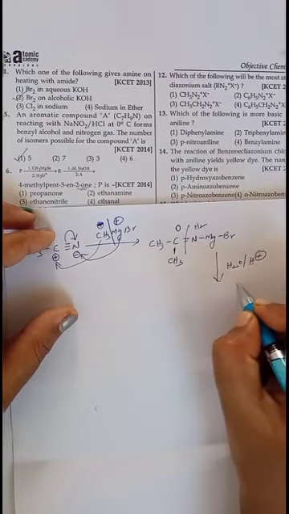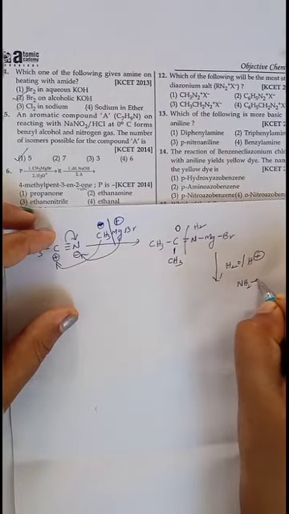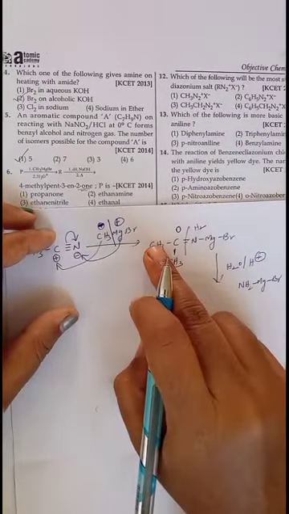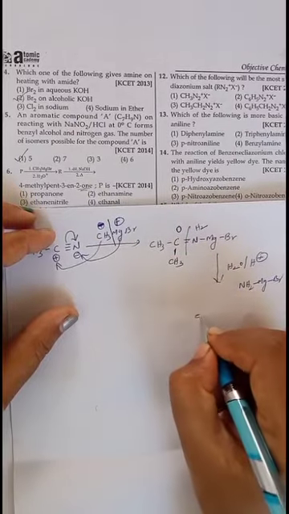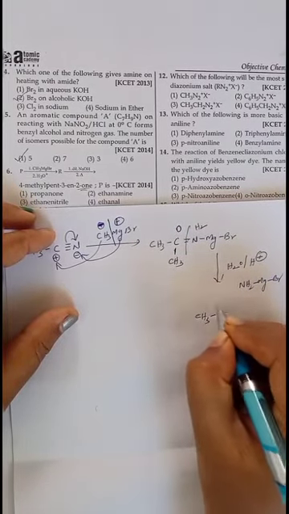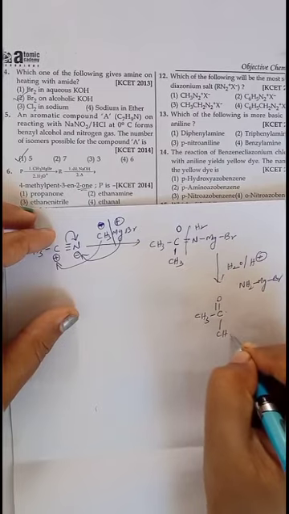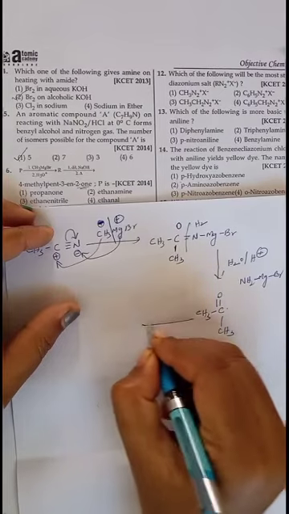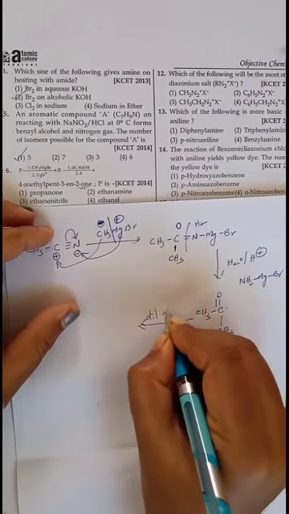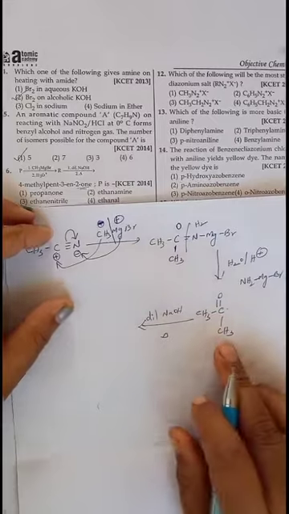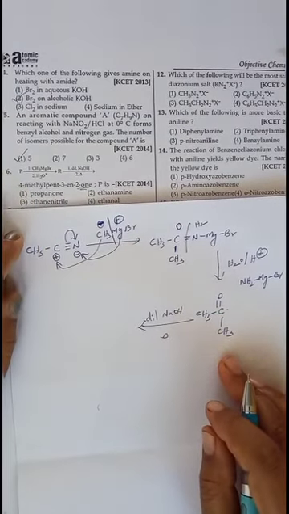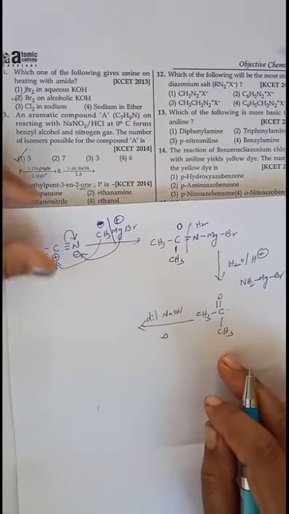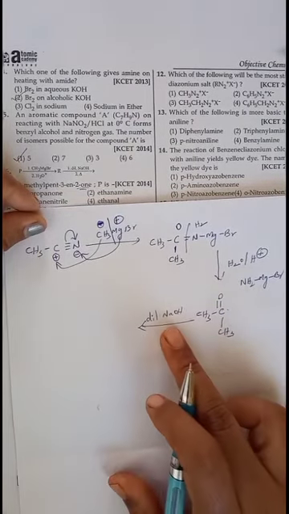Then it releases NH2MgBr. Then CH3 C double bond O, CH3 is obtained. Okay, that is acetone. Now this acetone undergoes reaction with dilute NaOH on heating. So this ketone is containing alpha hydrogen. There is a condition for aldol condensation. Immediately you have to remember aldol condensation whenever you observe a carbonyl compound with a base.